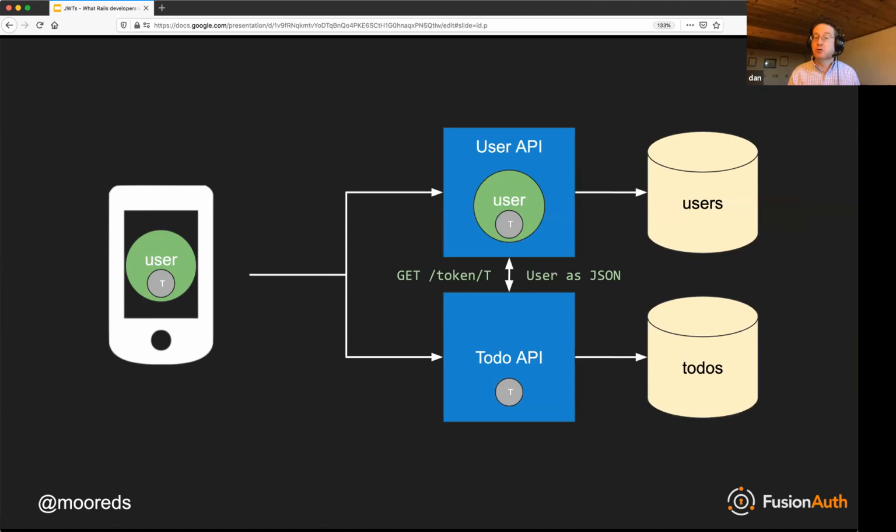That's beneficial because the malicious client can no longer iterate on that token. I guess they could, depending on how big the token is, keep trying different tokens, but it's very unlikely they would hit anything if it was a large string. You can't iterate the same way you could an integer. So that's the major benefit of this.